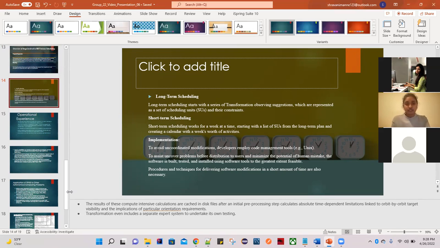Finally, implementation. To avoid uncoordinated modifications, developers employ code management tools, for example Unix, and procedures and techniques for delivering software modifications in a short amount of time are also necessary for the implementation of this task scheduling. Next, coming to the next slide,